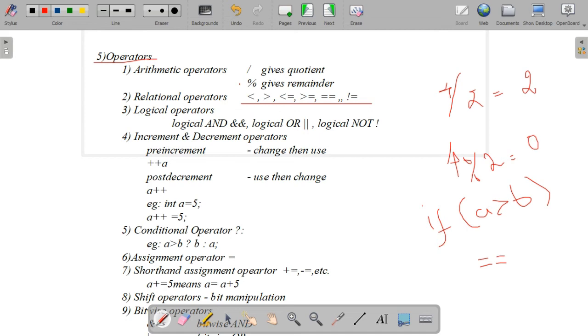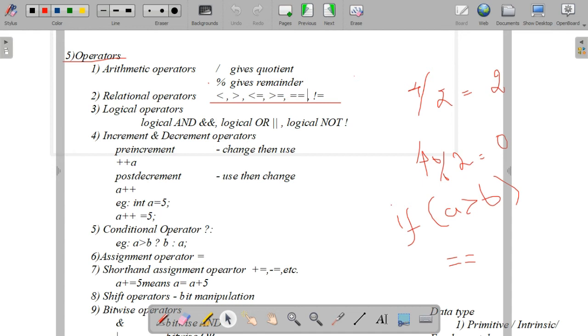In this case we are using a relational operator, that is a comparison operator, and double equal to also is a relational operator. The next one is a logical operator. Logical operator means, like the above relational operators, it will return true or false as answers. Logical operator is used to perform logical operations. The expression which is composed of 2 or more relational expressions is known as a logical expression or compound expression.